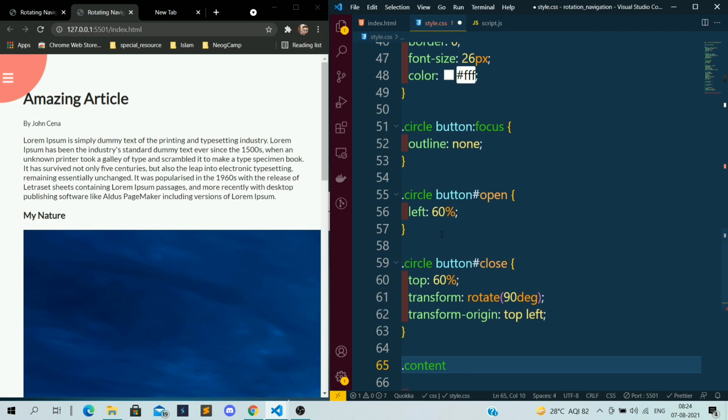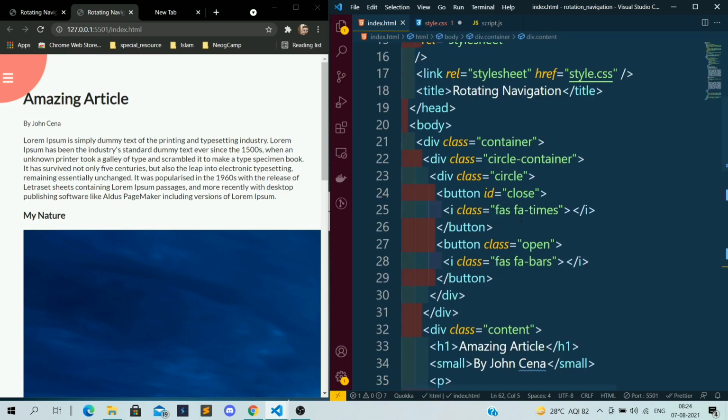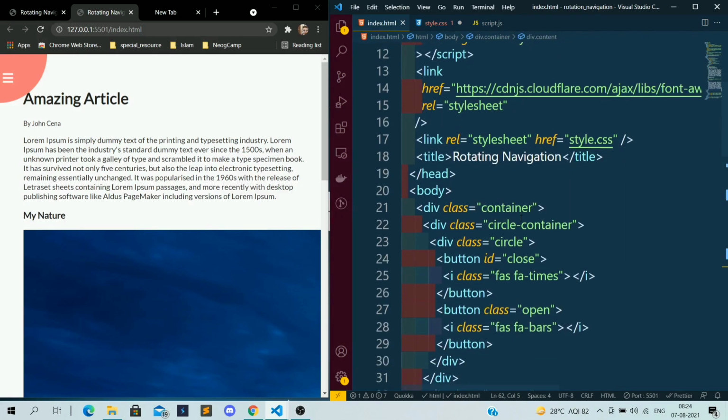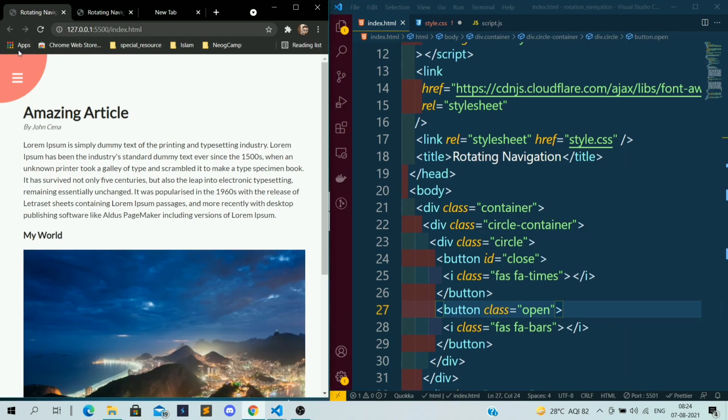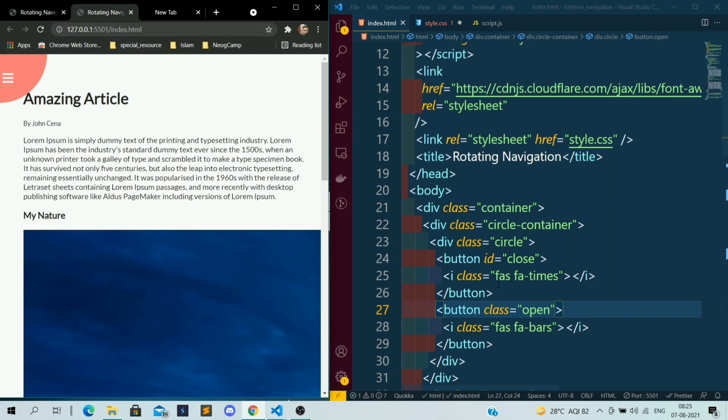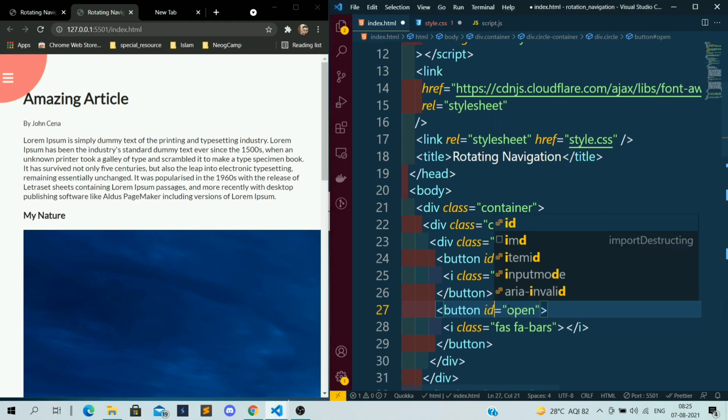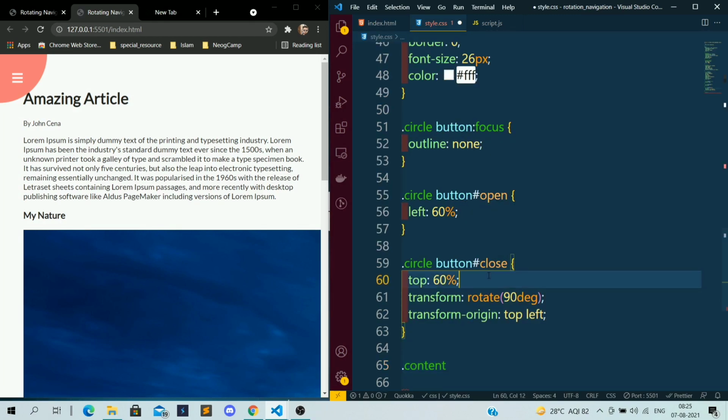So here if you see, I have applied this open. It is not working, because if you see in the main project we have some padding here, correct? Here it is not showing, so the problem is that I have given the class instead of id. Now if I save it, it will come in the correct position.